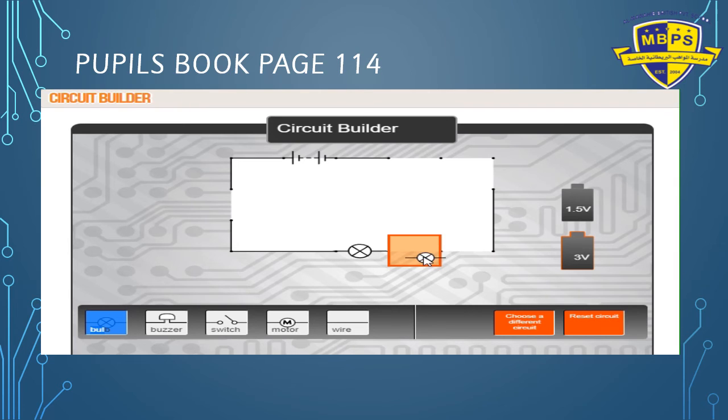In the same circuit builder, I'm going to use two bulbs, two batteries, 1.5 and 1.5. I'm not going to leave any gap inside the circuit. I'm going to connect all the wires, and then I'm going to put the switch, close my circuit, and then let's see. Are they as bright as they were before? They are working, but are they as bright as before? Let's remove one lamp and check again. Is it the same brightness or is it less?